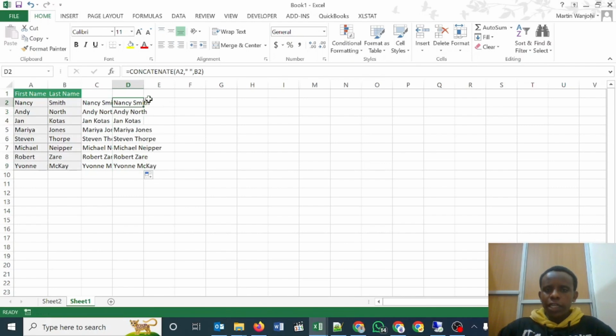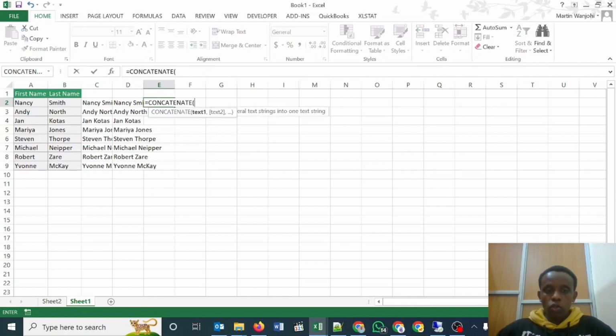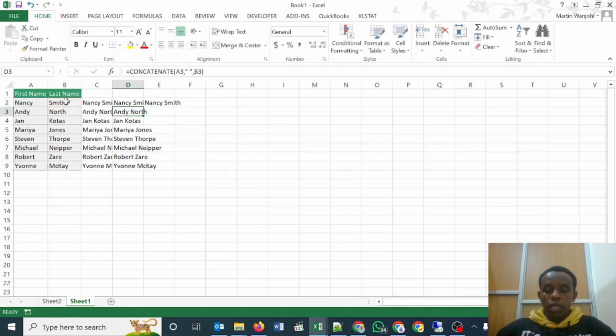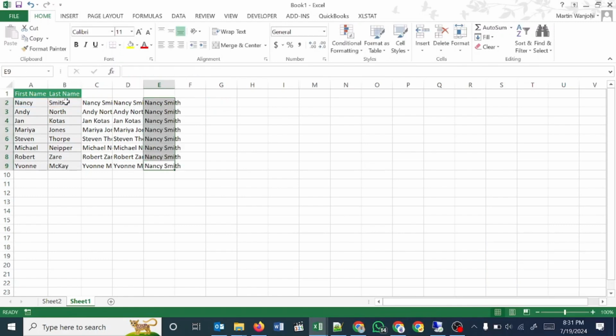Now, let us try to do it using the ampersand sign. So I'm just going to write concatenate Nancy, and then add that, and then open the quotations, put a space, close the quotation, and then add ampersand, and then I'm going to write the next cell box. And as you can see, it has still done the same thing. Whichever style you choose to use, just make sure you use it where you see it will help you the